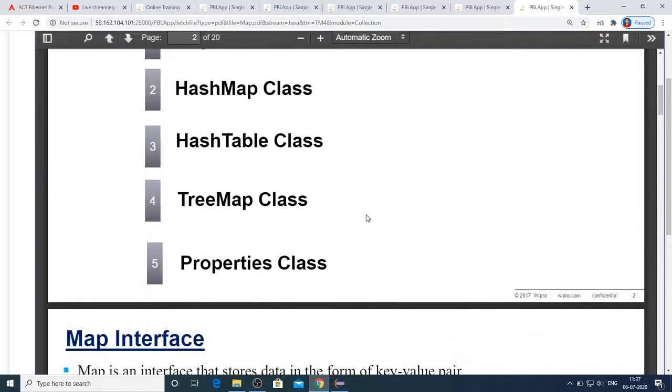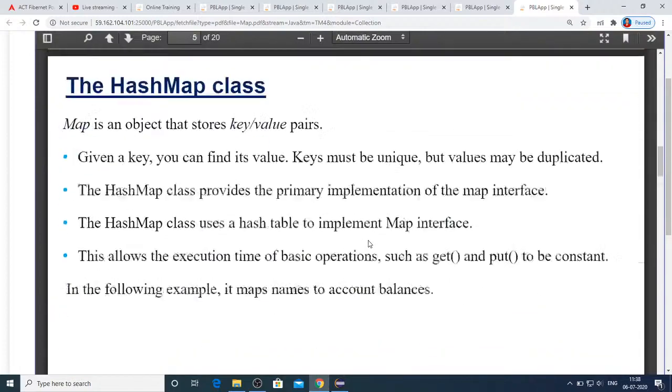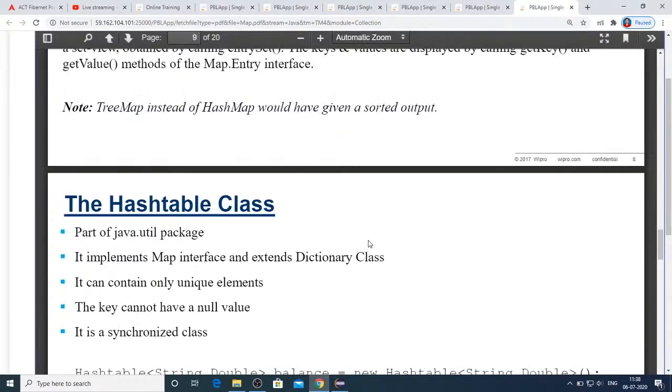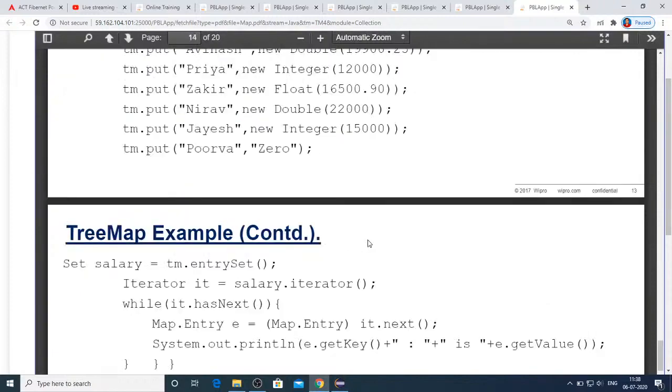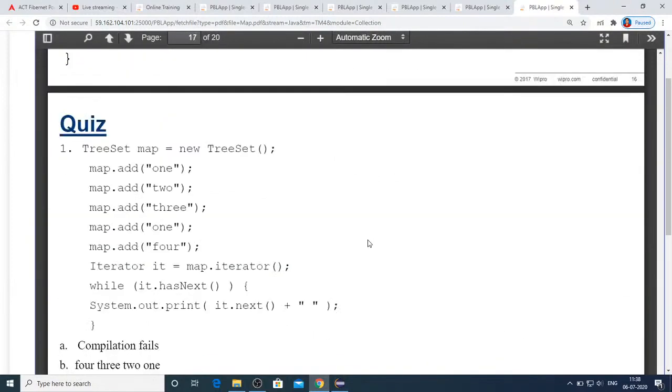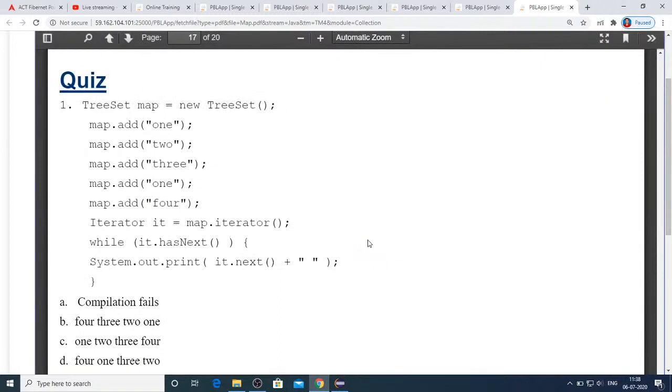I'm coming to map. So we have seen all these things. Let's see if we have any quiz questions quickly. So tree set map, new tree set, map dot add of 1 2 3 1 4, iterator, iterator dot has next, iterator dot next.